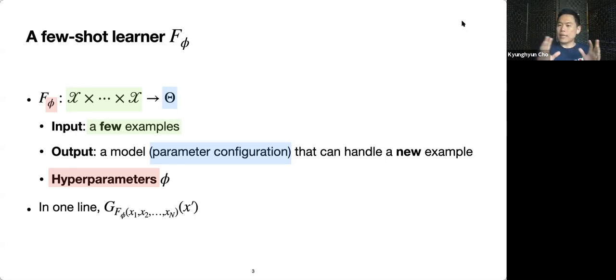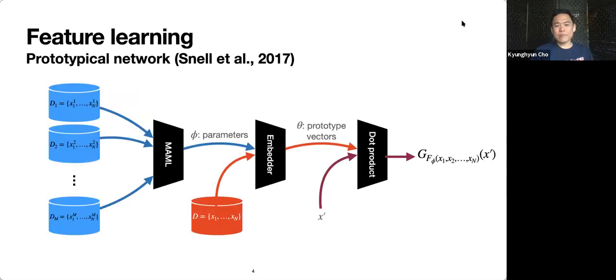Of course, just like any other algorithm, this few-shot learner itself comes with some hyperparameters. So if we write the whole thing in one line, this few-shot learner takes as input n many examples, where n is often very small, and then outputs the parameters of the learner or the model G that can now classify or make a prediction given a new example x prime.